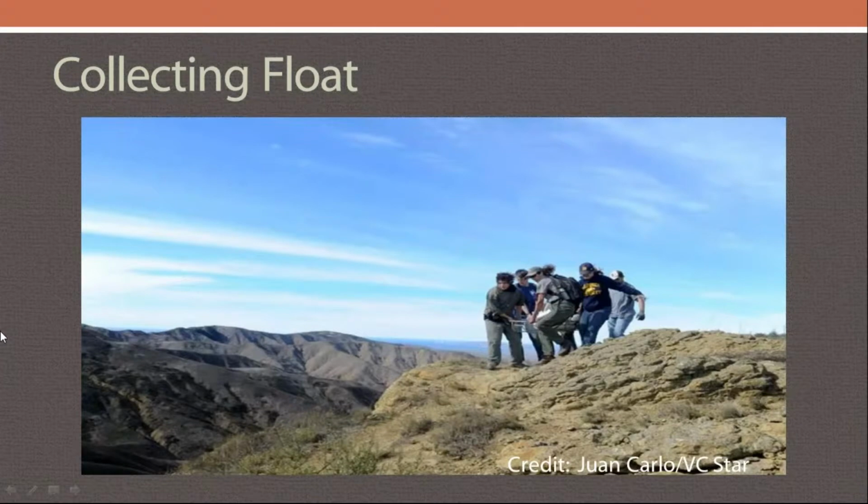It turns out there were a lot of sea cow fossils in the ravine we were working at. And this is a really fantastic shot that was taken when we had a photographer from the VC Star out there with us. We had found a 200-pound block of sea cow ribs, and we really wanted to get it out that day. And so the Park Service was great. They helped us